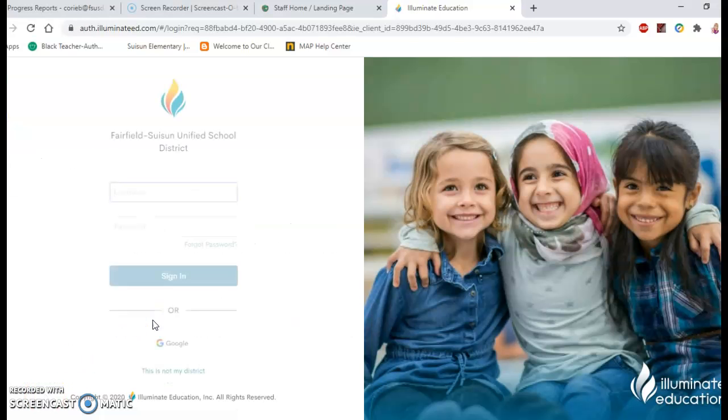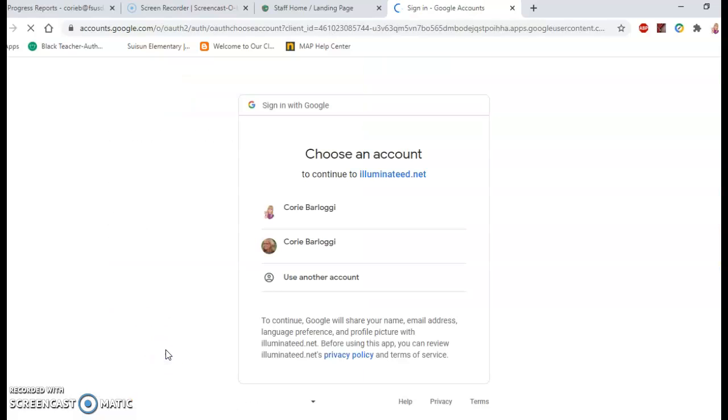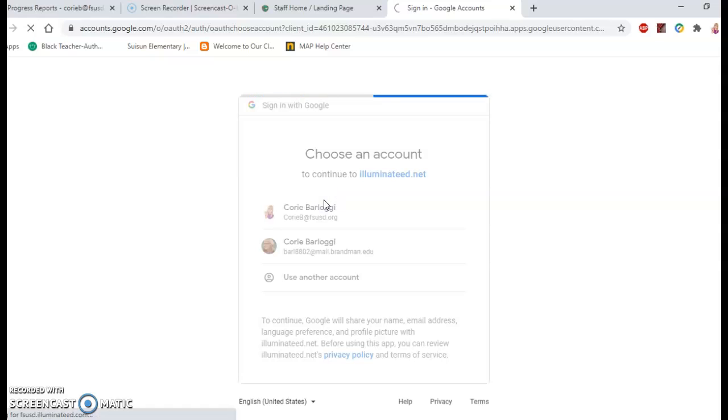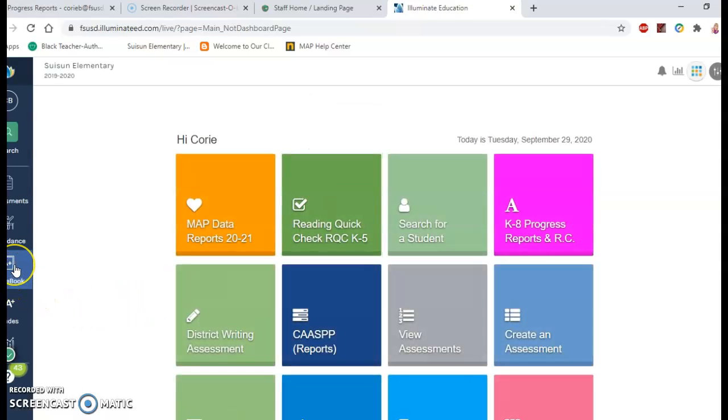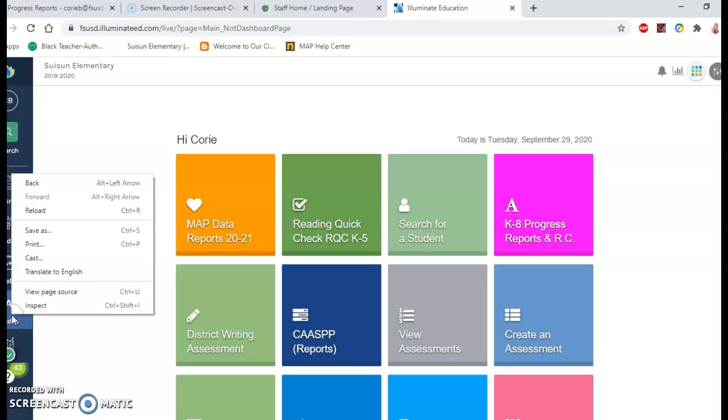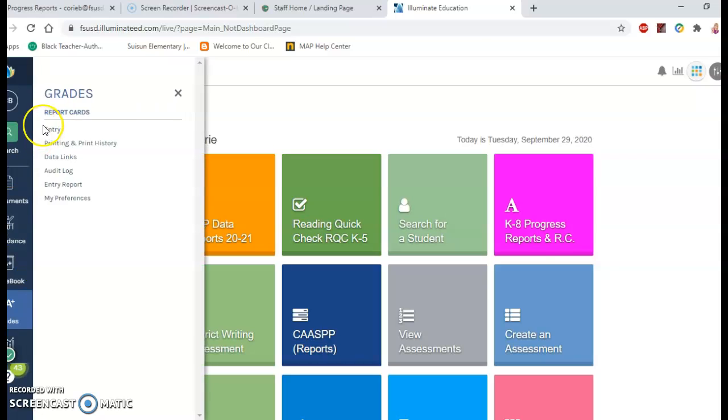Hi, I wanted to show you how to add your progress reports and report cards to a district email. So when you go in to your Elluminate and you go to your report cards, and here's your grade book, okay, and here are your grades. What you're going to do is you're going to go to grades and you're going to go to printing and